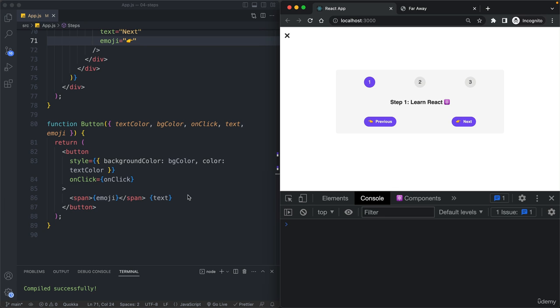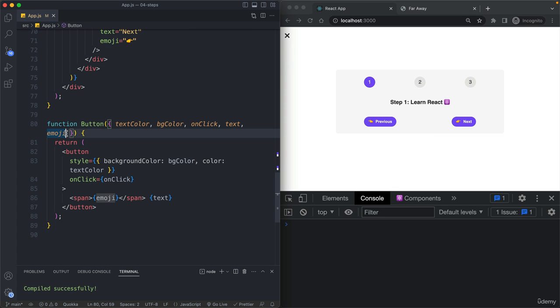But now let's say that I wanted this emoji here to be on this left side, but the other emoji on the right side, so that it would say next and then pointing right to the right side. So with this, we kind of have a problem because we already have so many props. And so do you think that we should add yet another prop basically for this direction? Well, maybe not. Maybe it's getting a little bit too crazy here with all these props, and we could keep adding more and more to customize this button even more. But I think at this point we should not add, for example, this one here, like for the direction